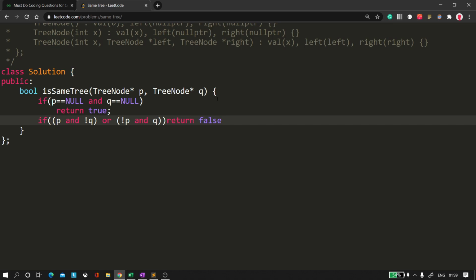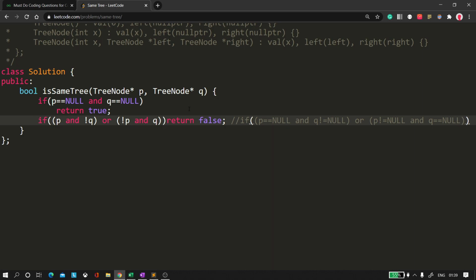This statement could also be written like this: P equal to null and Q not equal to null, or P not equal to null and Q equal to null.